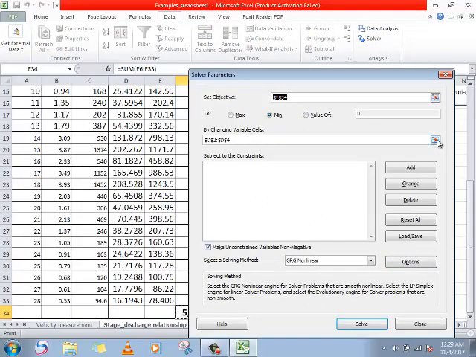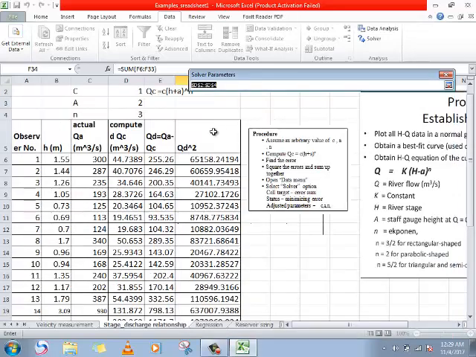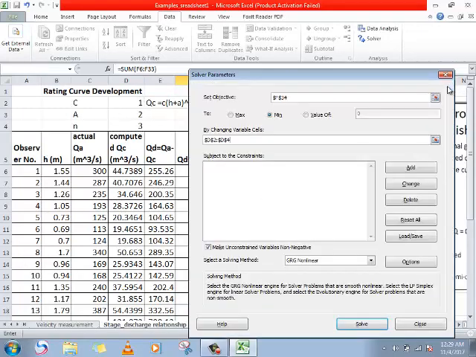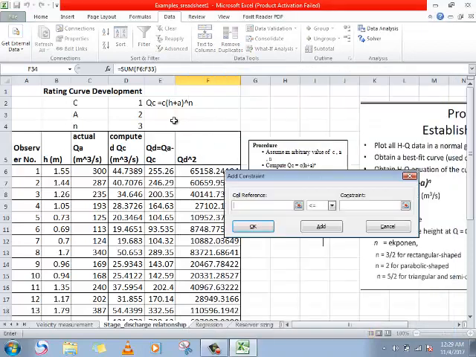So solver. Then by changing cells, select these values. Then I can say OK. Set subject to the constraints. If you have constraints here, you can add constraint. Constraint, for example, there may be negative numbers. For example, this can be written as greater than or equal to 0.